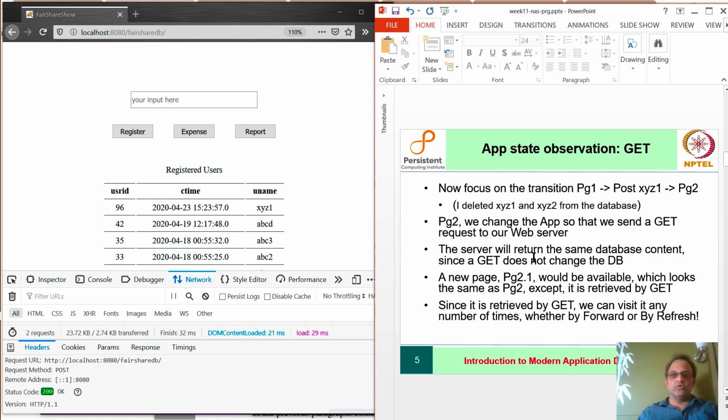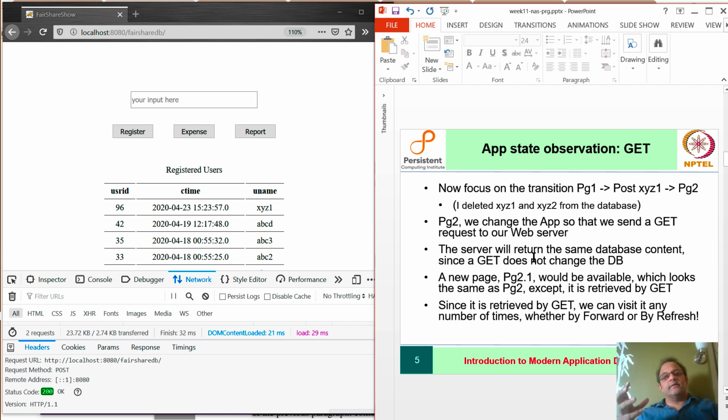Let's call it page 2.1, which would look the same as the page on the screen because we have just retrieved the data as it is. On the other hand, because we know that this page was retrieved by a GET and it does not change the database, I could repeatedly make this request again and still see the same thing.